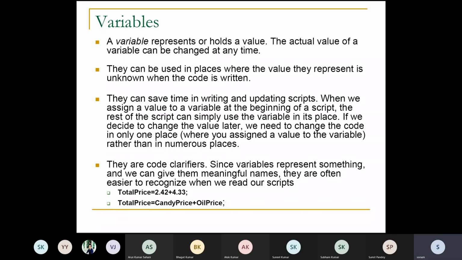They are code clarifiers. Since variables represent something and we can give them meaningful names, they are often easier to recognize when we read our scripts. So total price equal to 2.42 plus 4.43 becomes total price equal to candy price plus oil price. There are two important things said in points number 3 and 4. Coming to point number 3, what it says is, suppose